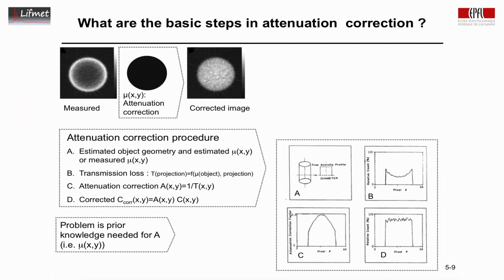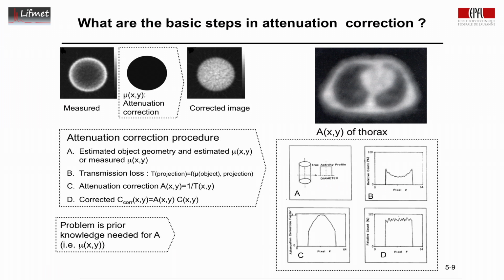We also need to know where the source of the X-ray that we detect is, and both of these things are not perfectly achievable. While we can, for example with computed tomography, get an estimate of the correction matrix, this is the correction matrix of the thorax. We see the heart here, we have the lungs, here's the spine, the rib cage on the outside. We could in theory calculate that, but if we do detect the X-ray in our scanner, we don't know where